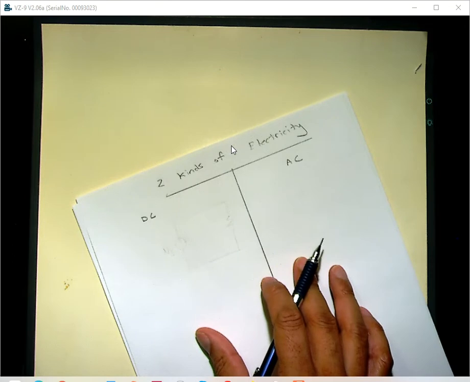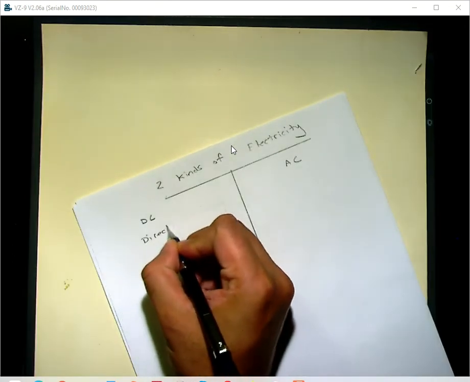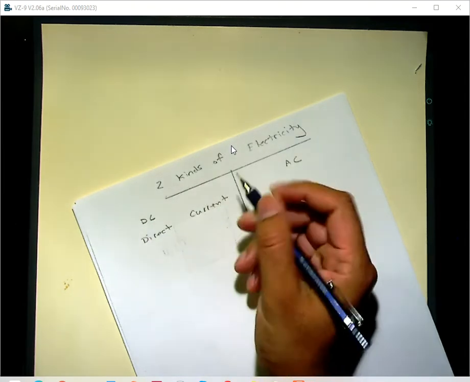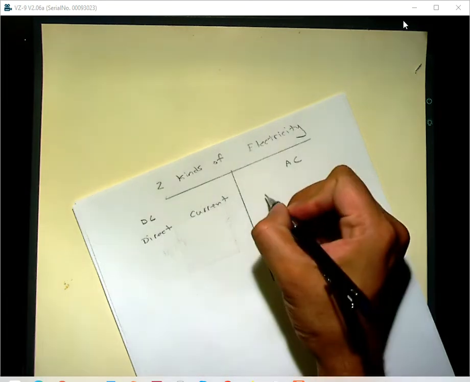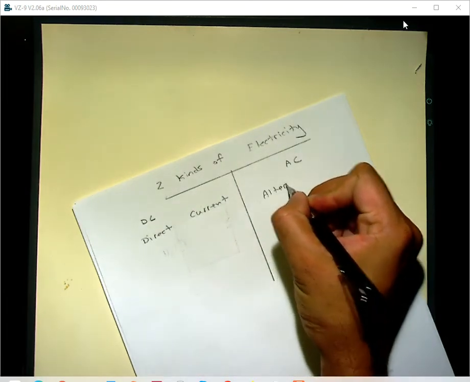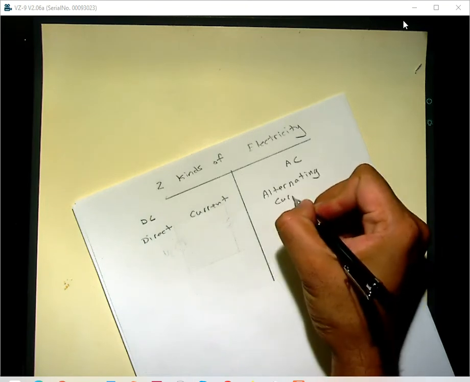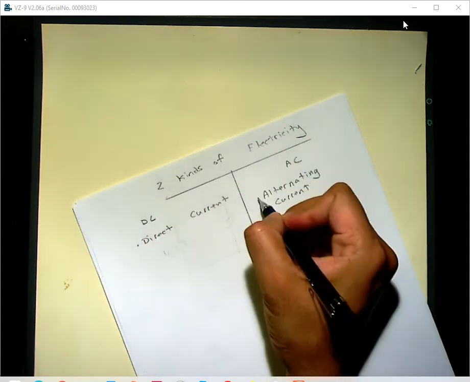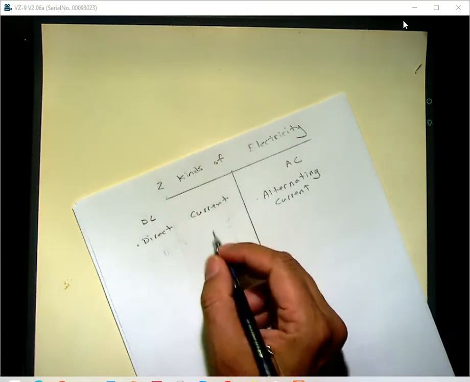So DC stands for direct current, and AC stands for alternating current. So you have a DC voltage, you have an AC voltage, same thing. Now, a DC current is actually